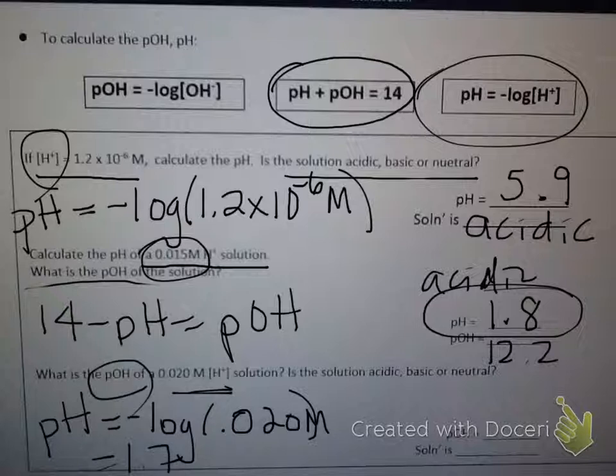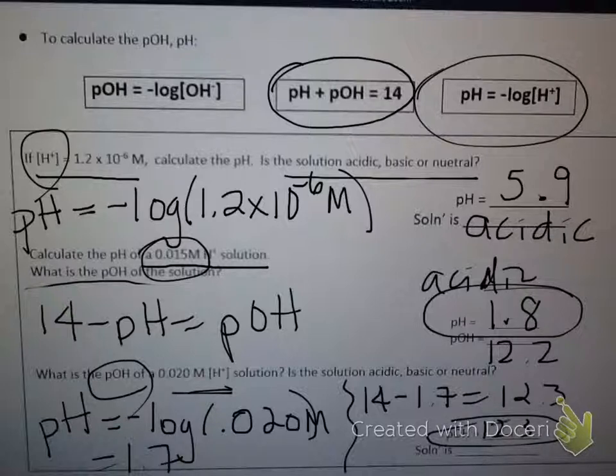But we're asked for the pOH. So this time I indirectly asked you for the pOH. I asked you to calculate pH first, and then you calculate pOH. Remember that 14 minus pH, which was 1.7, gives you pOH. pOH here then will be 12.3. So the pOH of the solution is 12.3. Now, be careful. It says, is a solution acidic, basic, or neutral? The way that we've defined acidity and basicity is based on the pH of